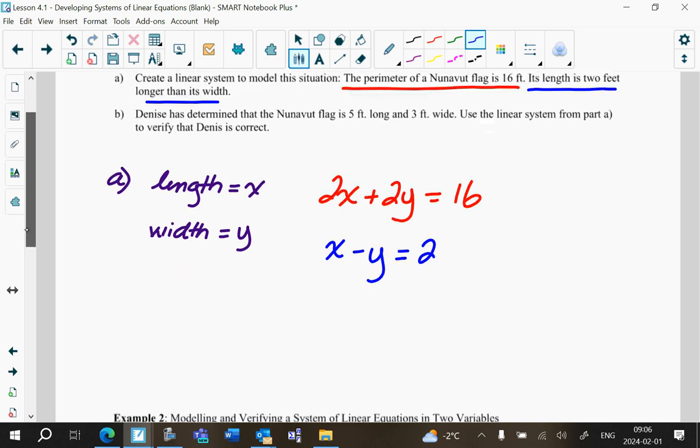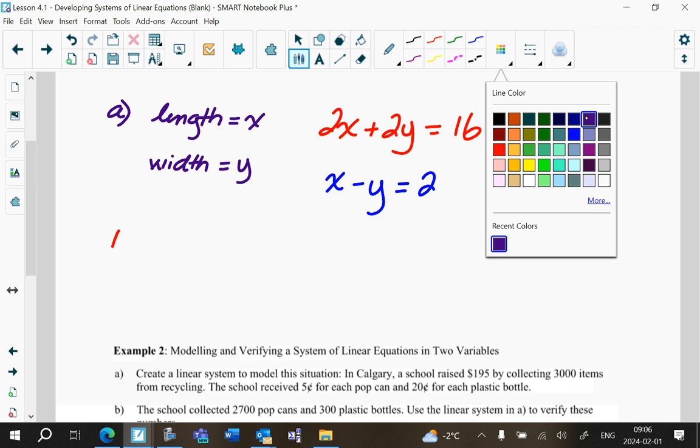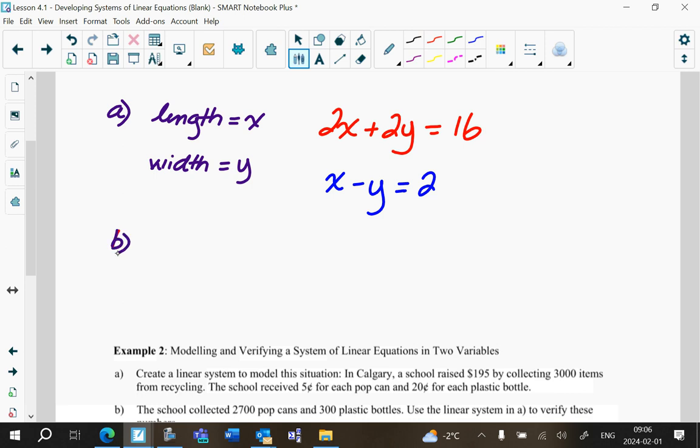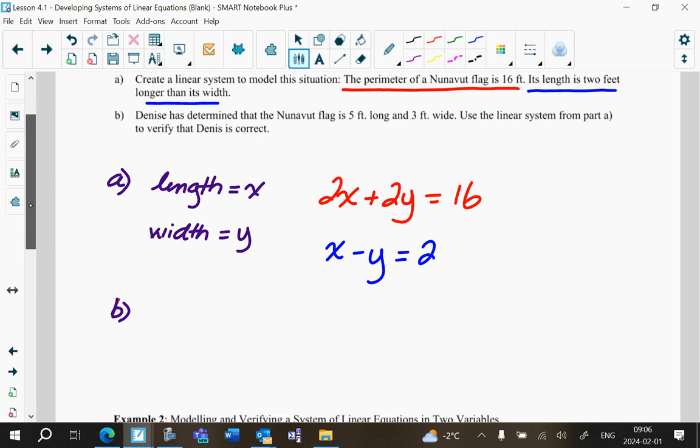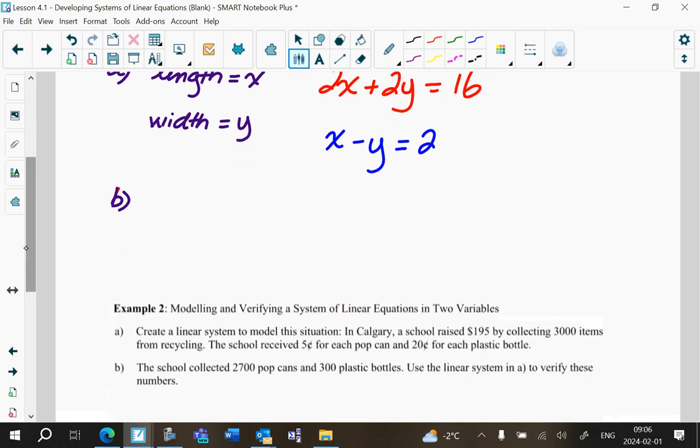Part B is to verify. So we're told the solutions. We are told that the length is 5 and the width is 3. So therefore, does 2 times 5 plus 2 times 3 equal 16? And